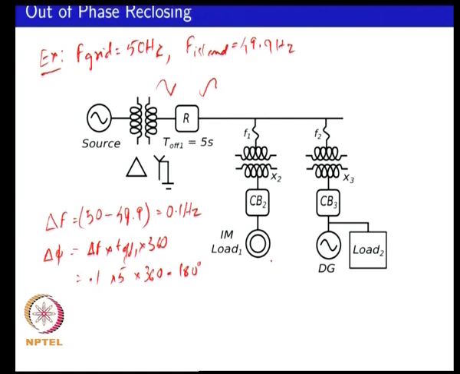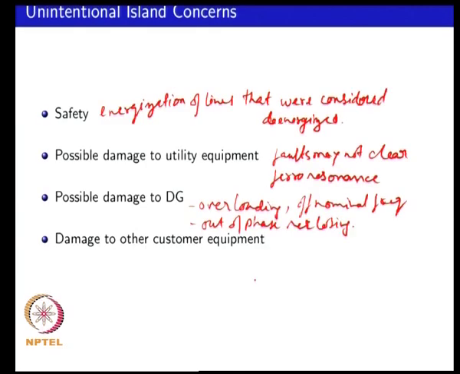So, there can be extensive damage, not just for the DG, but for all loads that are connected on the feeder. So, you can see that this is a very important consideration when you have a DG system. So, the other customers